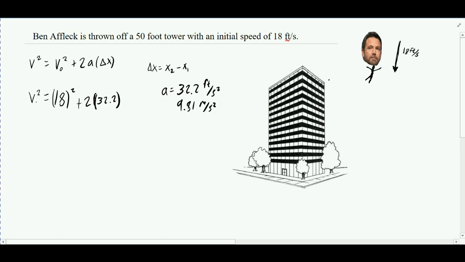Then he makes a Batman movie, and boom, down he goes, all the way down to the bottom. A 50-foot tower. So 50 minus 0. Easy enough. The change in position is, in fact, 50. So now we can say that the velocity squared